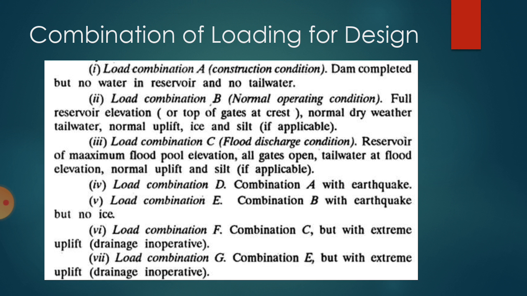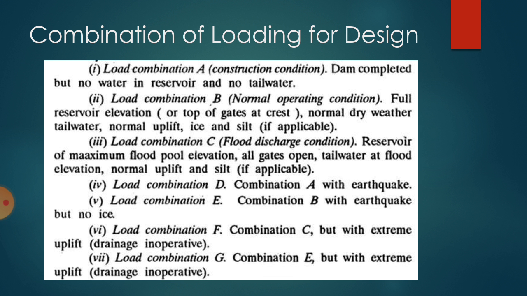Then the second combination, load combination B, for normal operating condition. Normal operating condition is that full reservoir elevation, means top of the gates or at the crest, and normal dry weather tailwater, normal uplift pressure, ice and silt pressure that can be